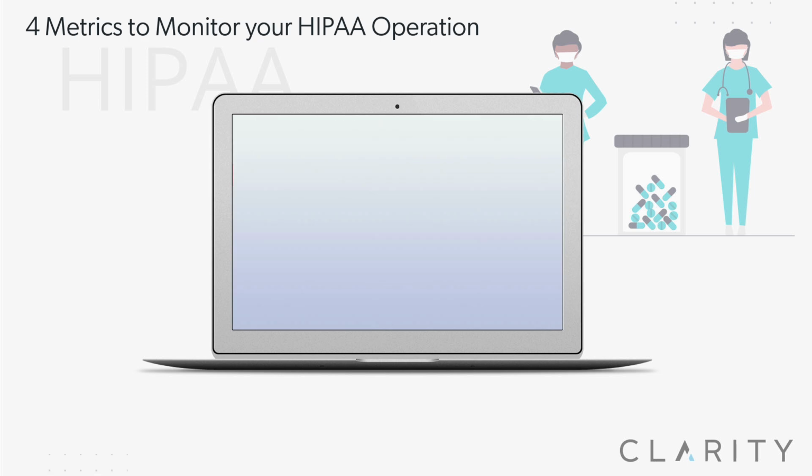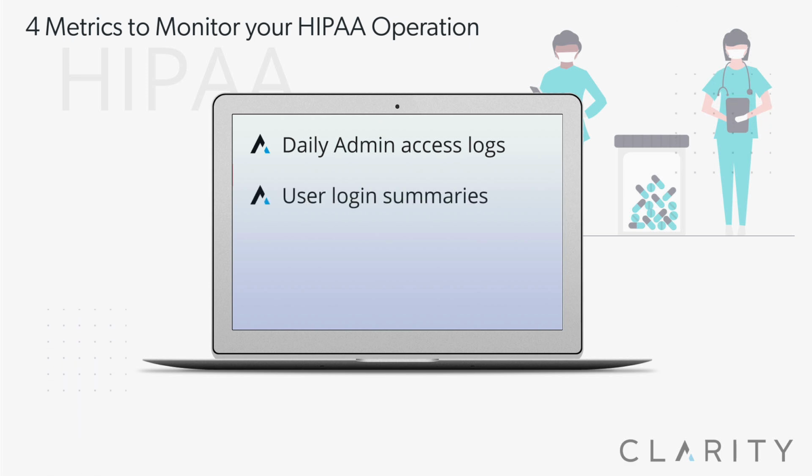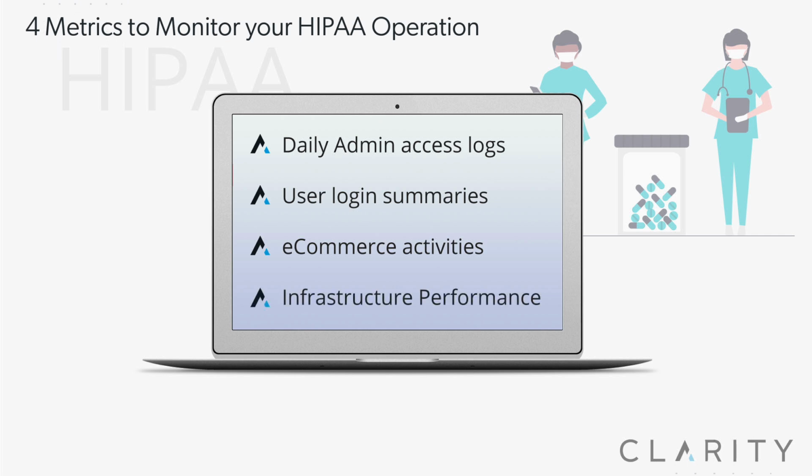So quick review. Number 1, set up and track the daily access logs for all administrative logins and configuration changes. Number 2, have some kind of audit trail summary for that user login behavior. Number 3, use your e-commerce funnel analytics tied to your patient behavior so you know where your bottlenecks are, where your sales are going up, going down, and what business decisions you need to make. And number 4, have reporting on your HIPAA infrastructure uptime and